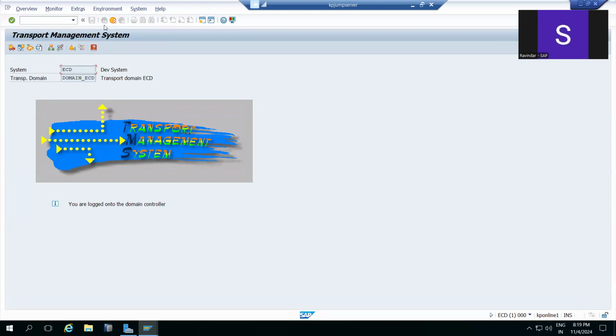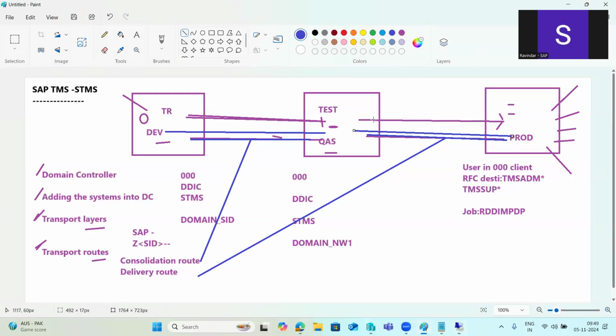So here, this is the TMS configuration. First we need to do the domain controller configuration, domain underscore SID. Out of the three systems, you can make any system the domain controller. The steps are: log in to 000, DDIC, STMS, and just give the domain underscore SID.